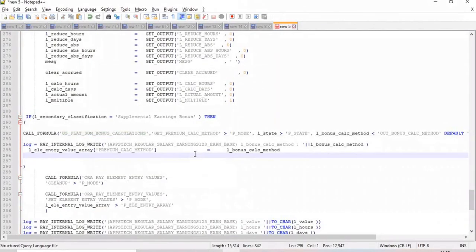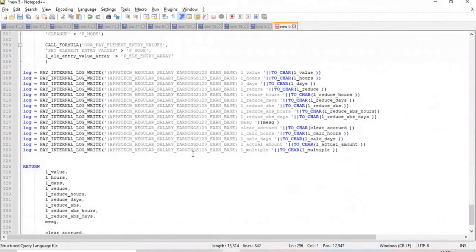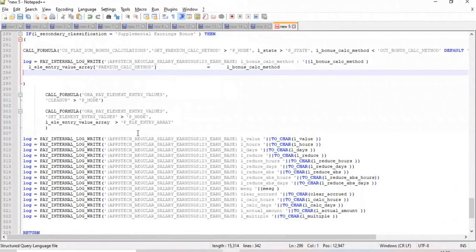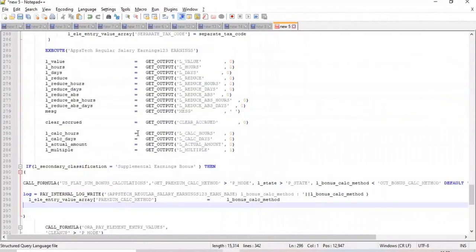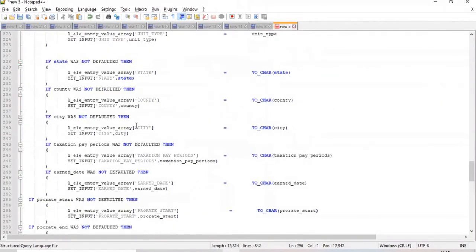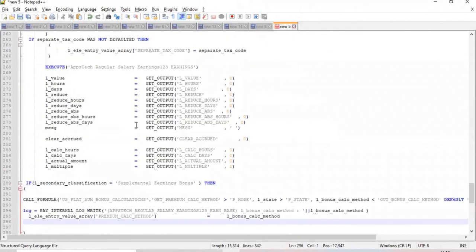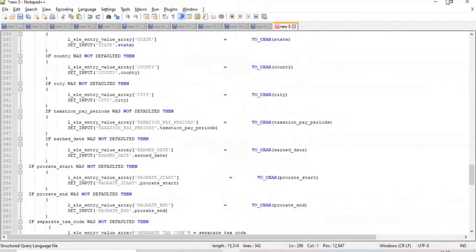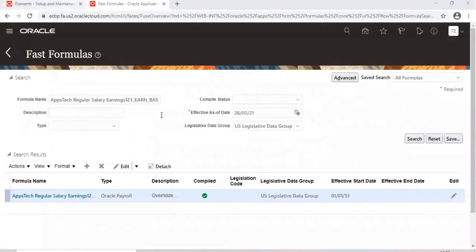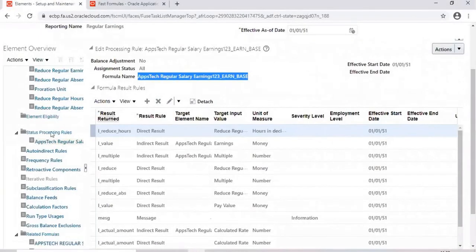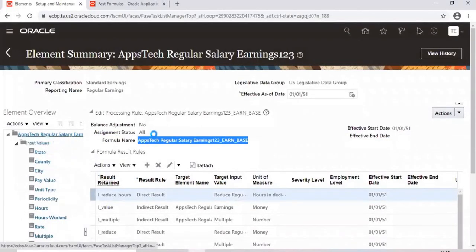Check with your technical people and ask them. You should not remove anything from here. You can only add whatever you want on top of the existing. If you touch these things, your tax calculations and everything will be gone. So yeah, this is the formula that is automatically generated. Okay, now coming to our element.